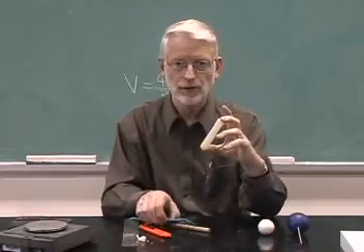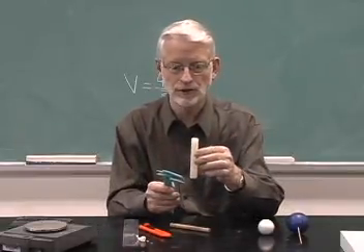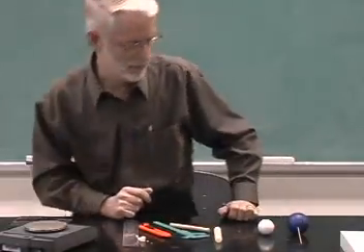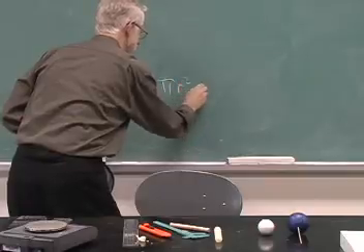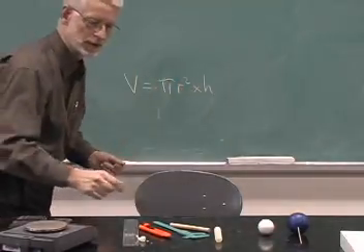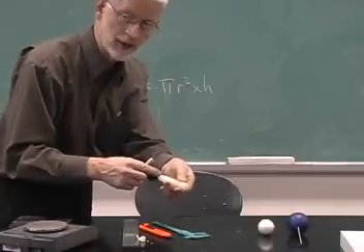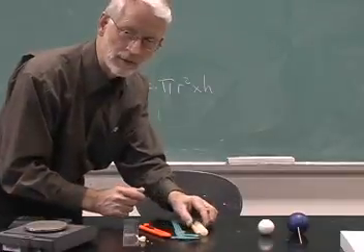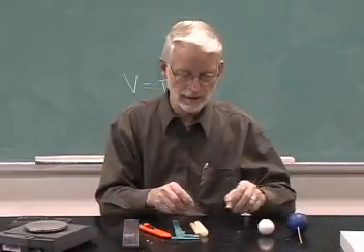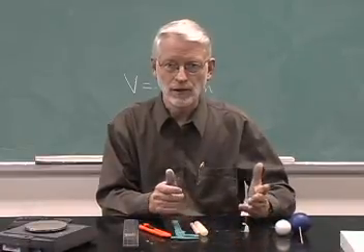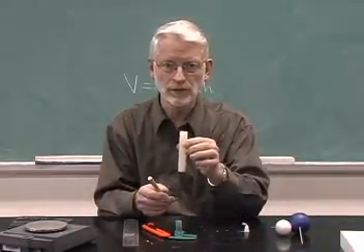And students can then measure the diameter using a caliper. They can measure the length of the cylinder and then calculate the volume using the formula for a cylinder. It's the area, which is pi r squared, times the height. So essentially you calculate the area of the cylinder, either one, and multiply that times the height to determine the volume of the cylinder. And you have the balance available to then determine the mass, and so you can calculate the volume and mass, and from that the density. And again, you'll determine that the density of each substance is a unique value, regardless of the size that the object